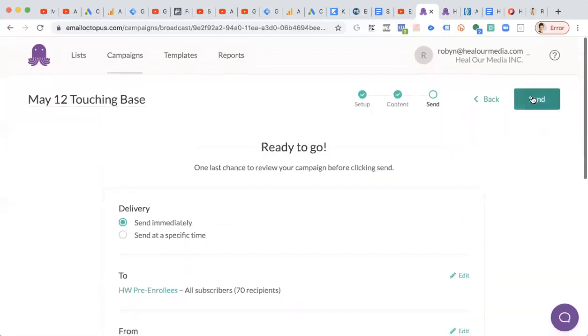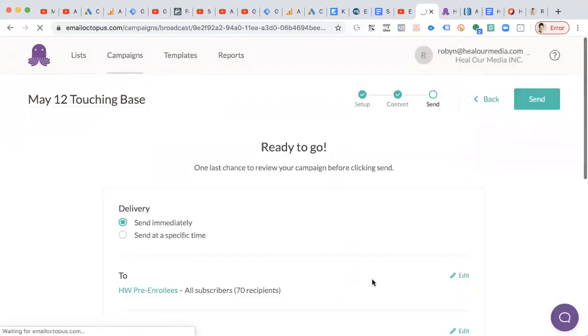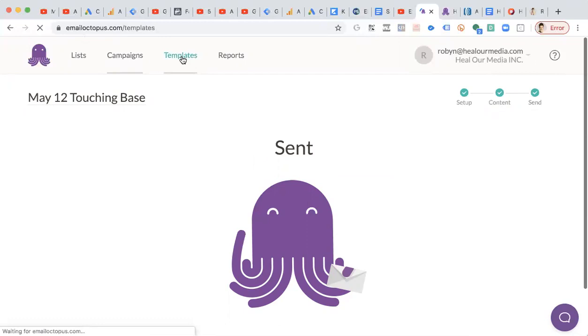Okay. Now I'm going to do send. It's saying ready to send to 70. You can't undo it. I'm going to say, okay, send it right away. Now the Octopus is preparing things, and there it is. It's sent very fast. So when I go to templates,